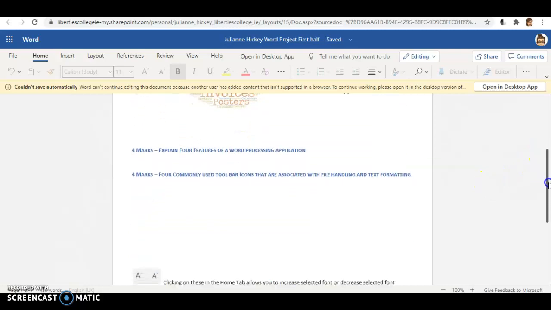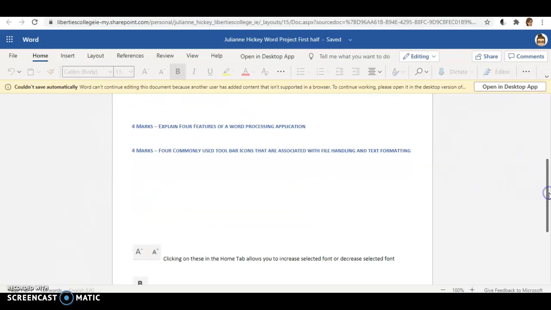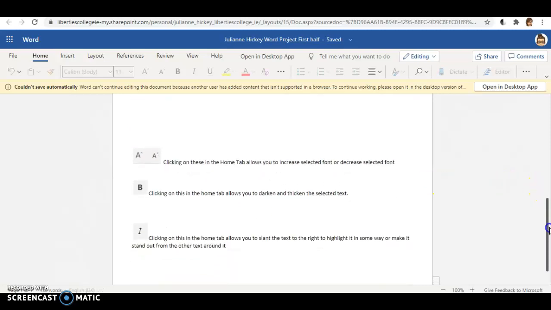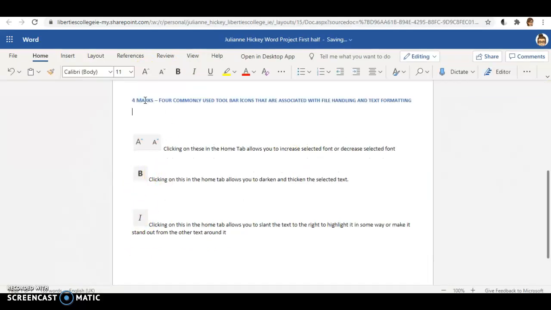And the last thing that I'm expecting you to do for 4 marks is commonly used toolbar icons that are associated with file handling and text formatting. So don't just do text formatting examples, give me file handling examples as well. So here's an example, I just started off using snip. I snipped this icon from here. I snipped that icon from here. I snipped that icon from here. Add another